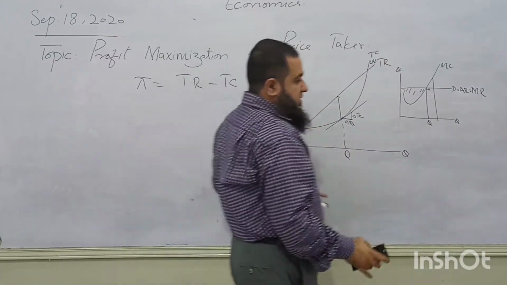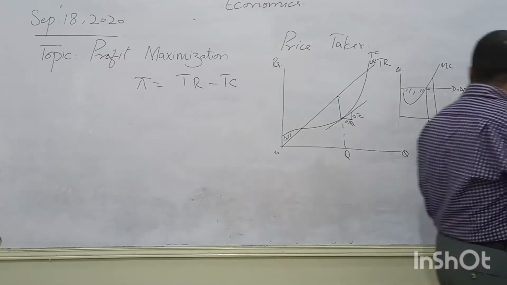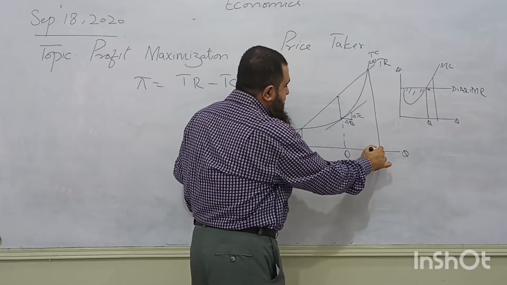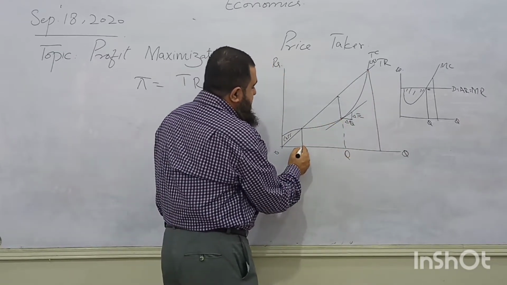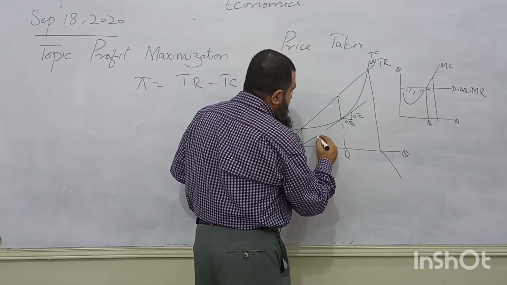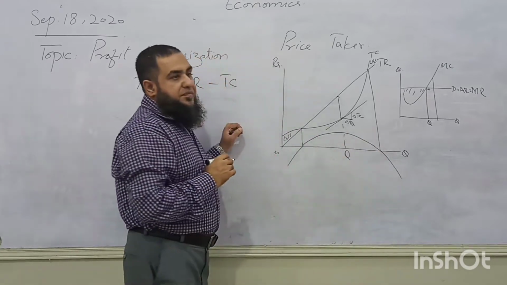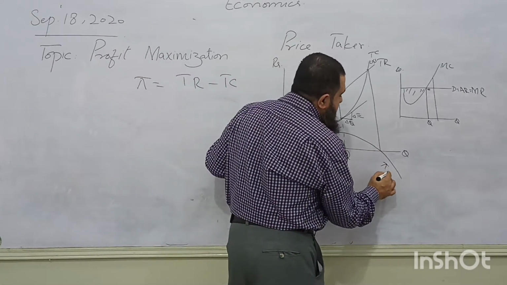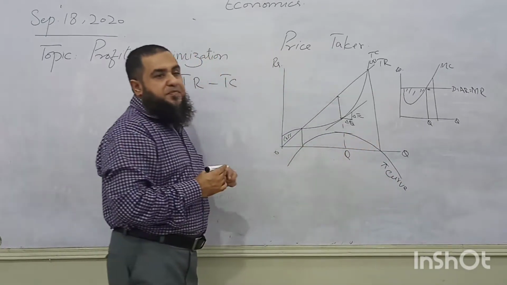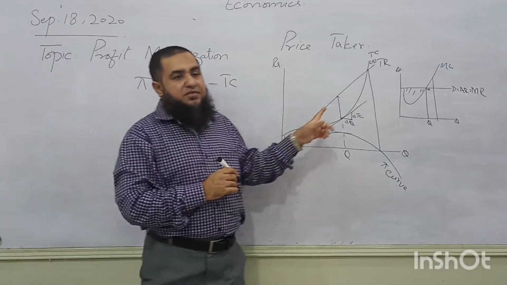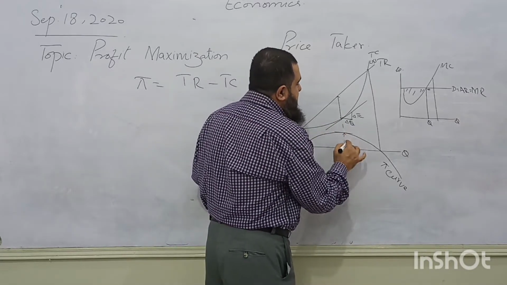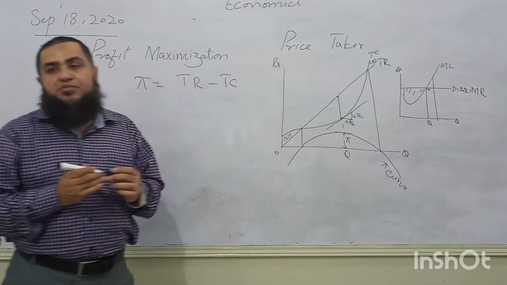The profit curve will give us a shape like this: here profit is 0, and here profit is 0. In between that, there is a loss after this point, but in between them we find this. This is what? A profit curve. What is the slope of this profit curve at this point? It's 0. When marginal revenue and marginal cost are equal, this area shows the maximum amount of profit earned by the firm at that time.